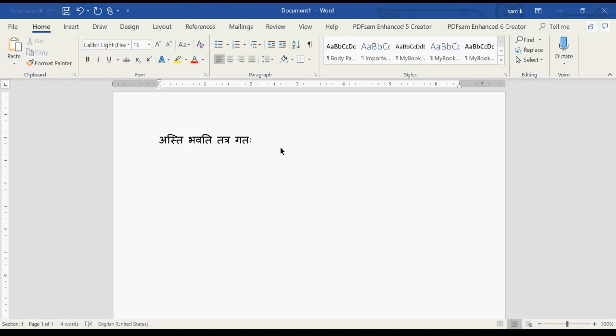Now I can switch back to English. So I can type it in English. I can switch back to Sanskrit. I can type it in Sanskrit. So this is very easy to do. However,